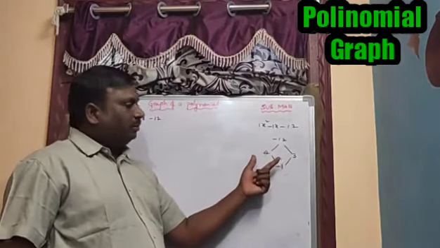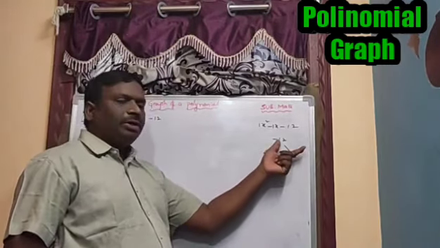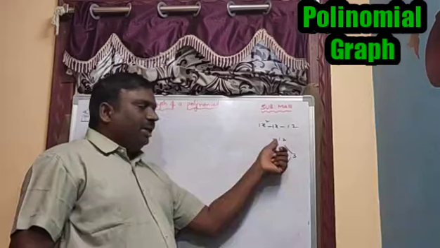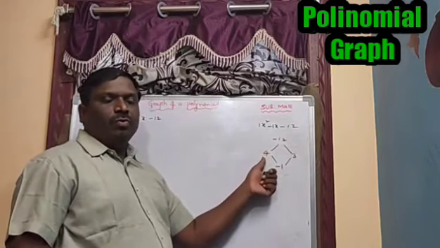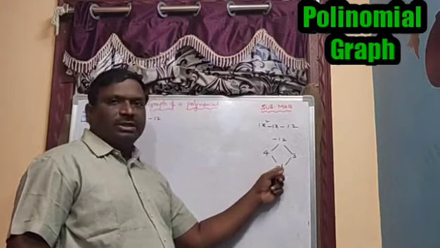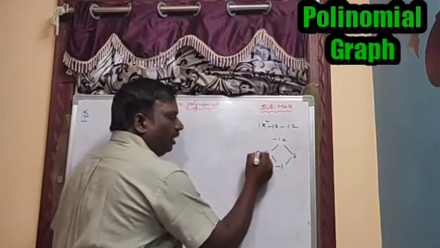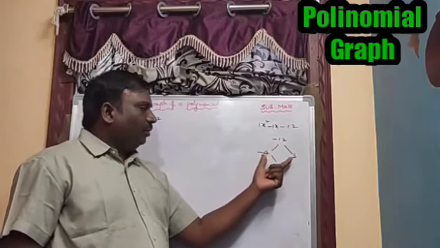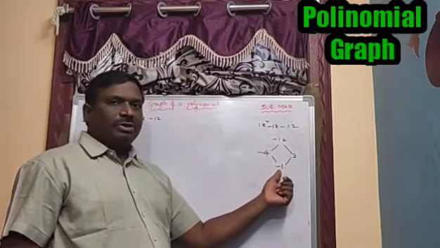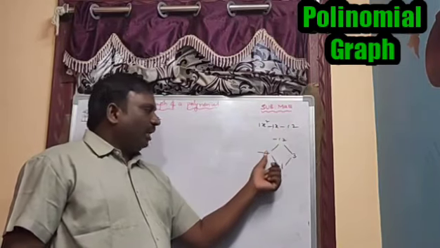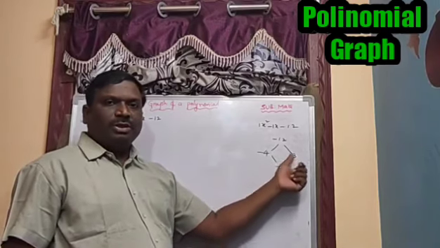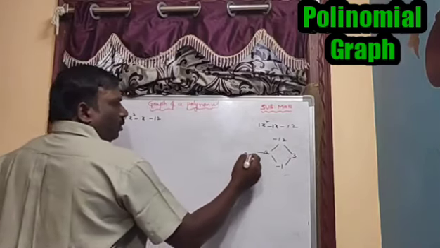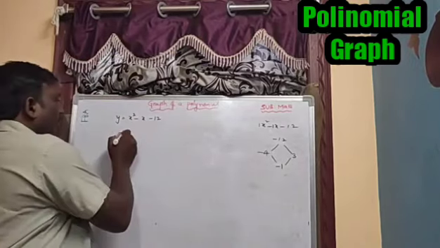Come to the symbols. Multiplication. When you multiply, will you get these two numbers? Will you get minus 12? No, it is not possible. So to get a negative sign, any one of the numbers should be negative. What number it should be? So here negative sign is there. Then keep the small value for the bigger value for negative sign. Then if you multiply these two values, then you will get minus 12. If you add these two values, then you will get minus 1. Minus 4 into 3, minus 12. Minus 4 plus 3 is minus 1. So next, these two are the values. Now draw the graph.